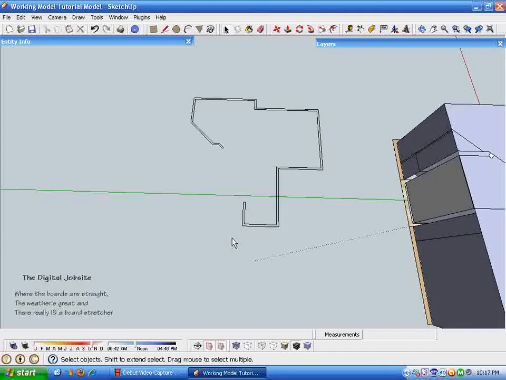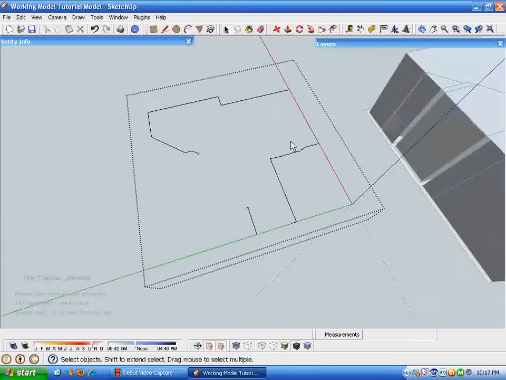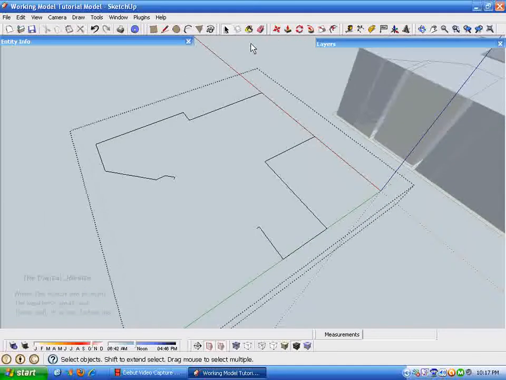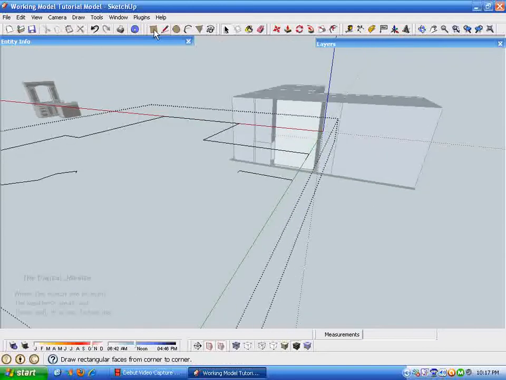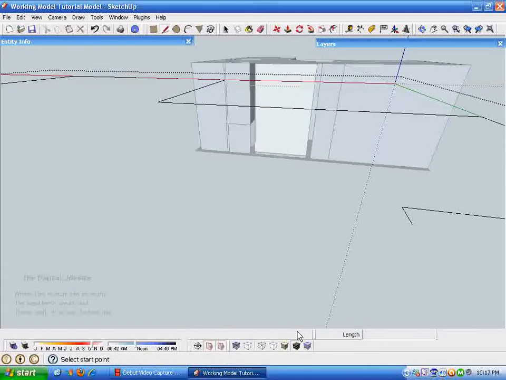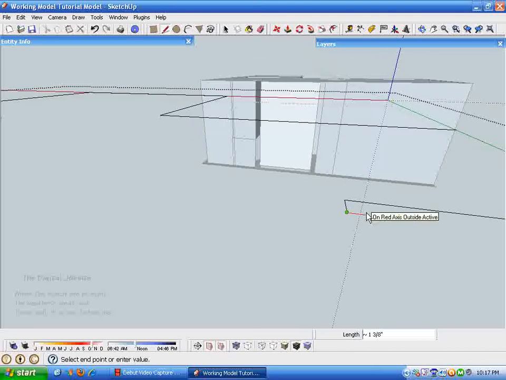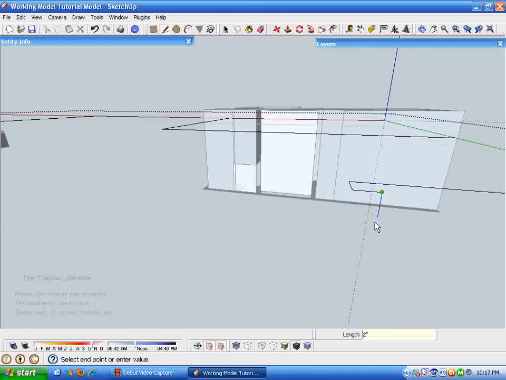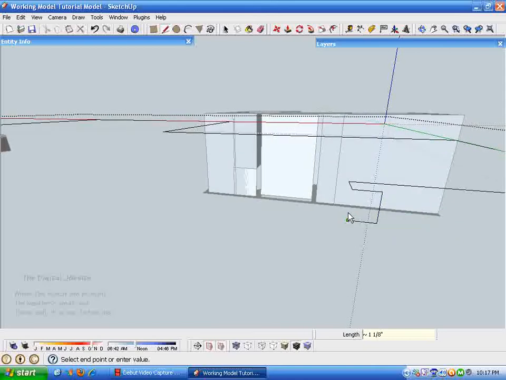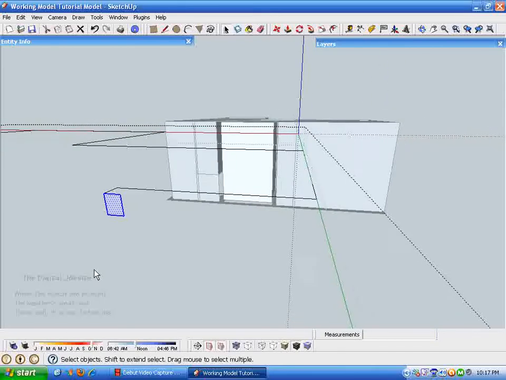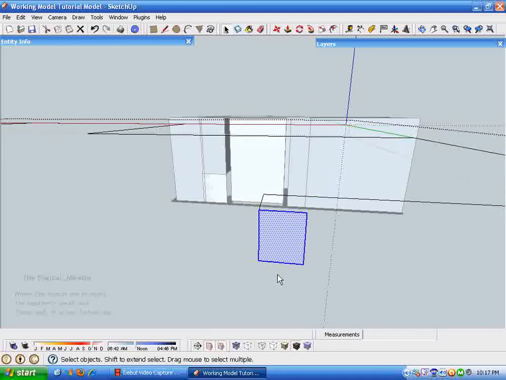Okay, so now we get rid of the perimeter and then edit our group. Now this line, because it's offset 2 inches from the walls, represents the face of the crown molding. And in some previous videos I've shown how to use the follow me tool to make crown molding, so I'm just going to go through these steps quickly here and create a drawing plane for this crown molding by going 2 inches, and let's make it go down 2.5 and then back over. So now I've got this little plane that represents the crown molding with a 2-inch